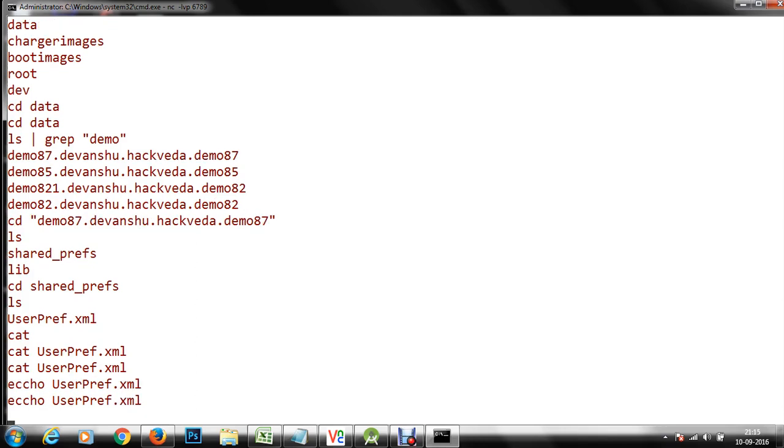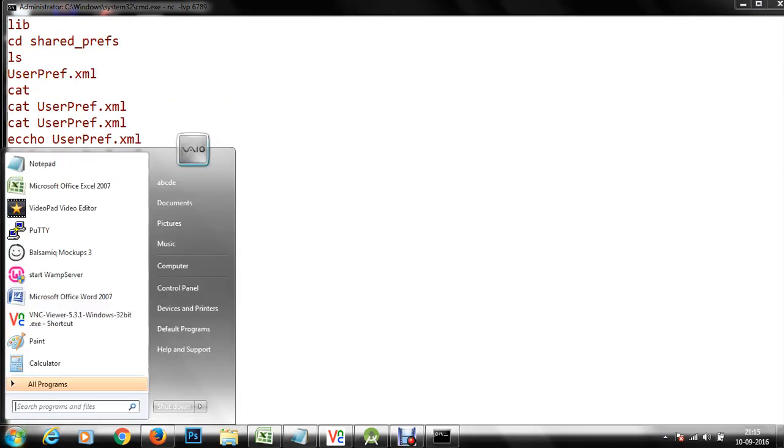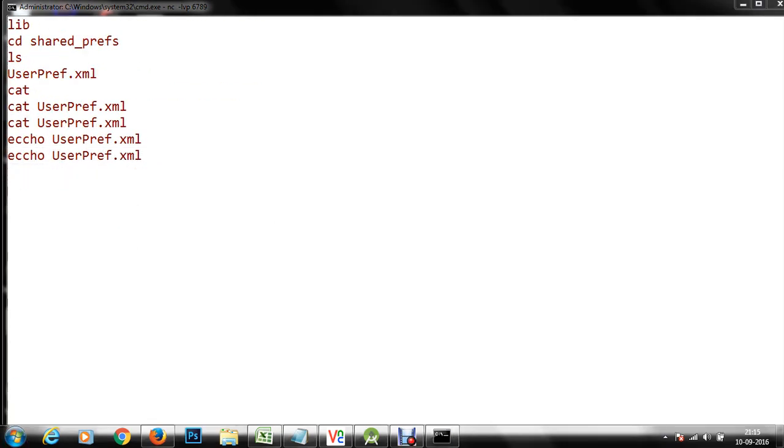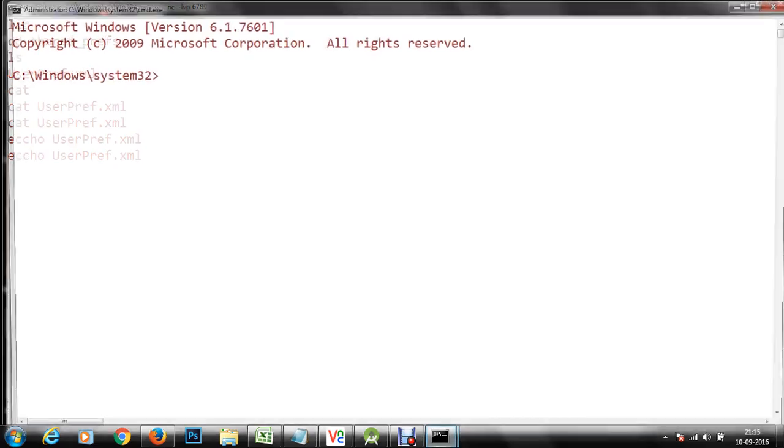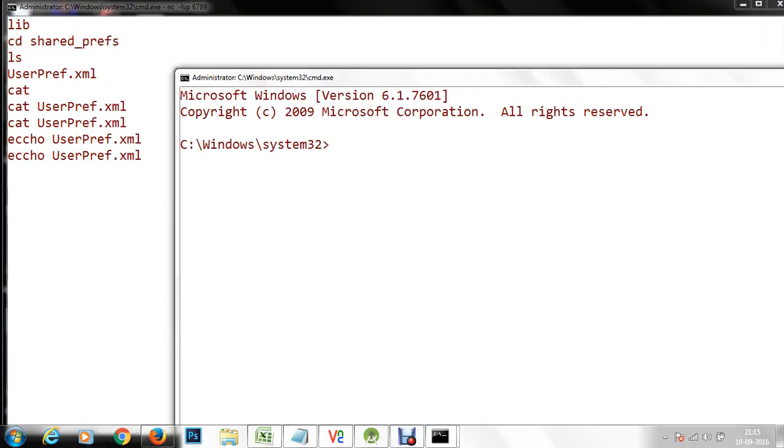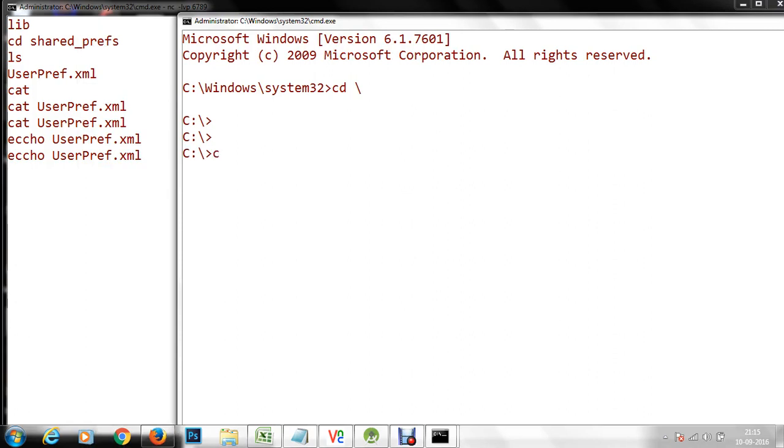Or sometimes what I can do is simply transfer that file to my computer, and we can see that in XML format here. So for this I'm going to run another program.